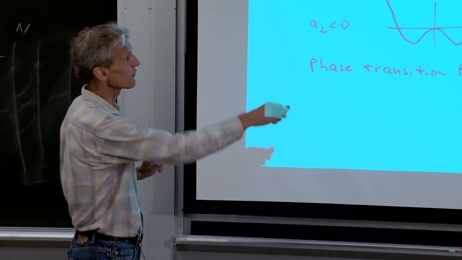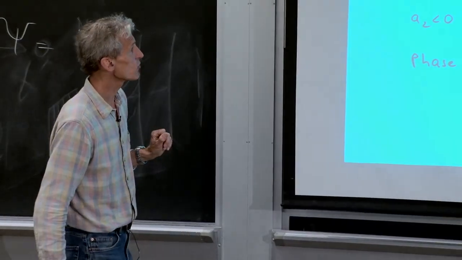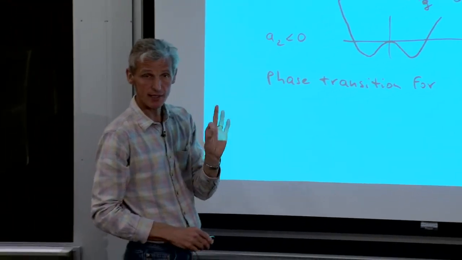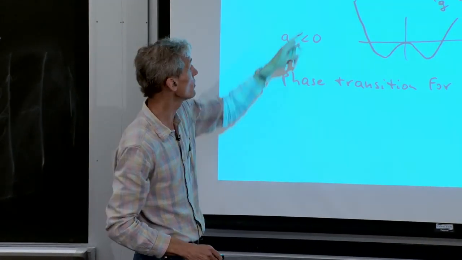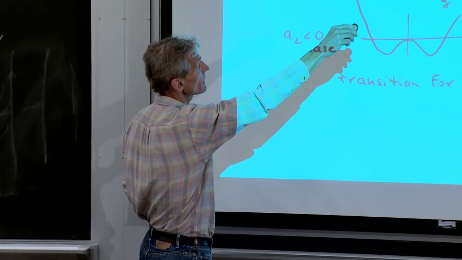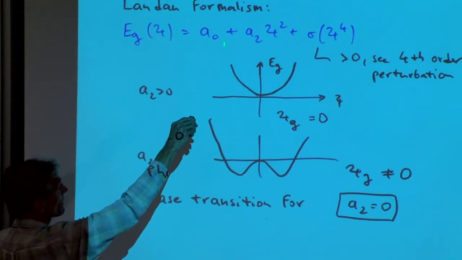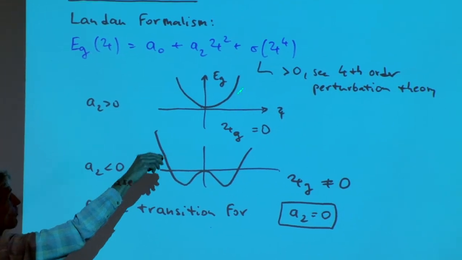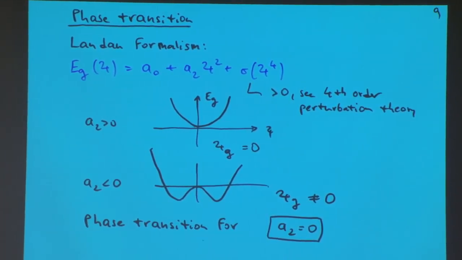And it turns out that in fourth order perturbation theory, this term is always positive. So what happens now to the total energy when this term A2, which we have analytically calculated exactly, is larger or smaller than 0? Well, if you have a parabolic term and a quartic term, in this case, both terms are opening up like in a U shape, but here the total energy turns into a W shape.